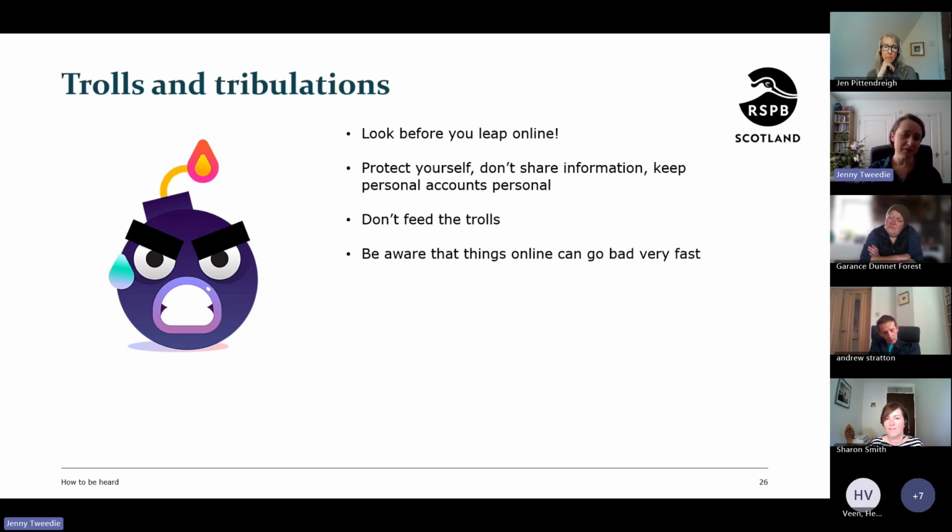So don't feed the trolls. I presume people know what a troll is, but for those who don't, a troll is somebody who is basically there just to cause trouble. People may have a beef with your organization or with something that you're doing. It could be somebody local who just doesn't like, oh, you're building a path. Well, I don't want that path to go there because then people are going to be walking here or whatever. But sometimes it's just random people who come on and they just like winding you up. So try not to engage with them as much as possible. If you've got somebody who's causing you big problems, you can block them. But a lot of the time, if you just don't engage with them, they won't keep coming at you.